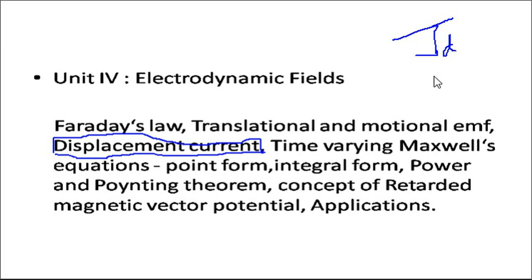See, one question can also be formed: what is displacement current and how is it important in the time varying field? This question you have also written in assignment number 1, which depends on unit number 4. You just go through this displacement current. This is also a completely theoretical bit. You need to understand it, important also and theoretical also. I guess last year or even the year before, this question was asked.